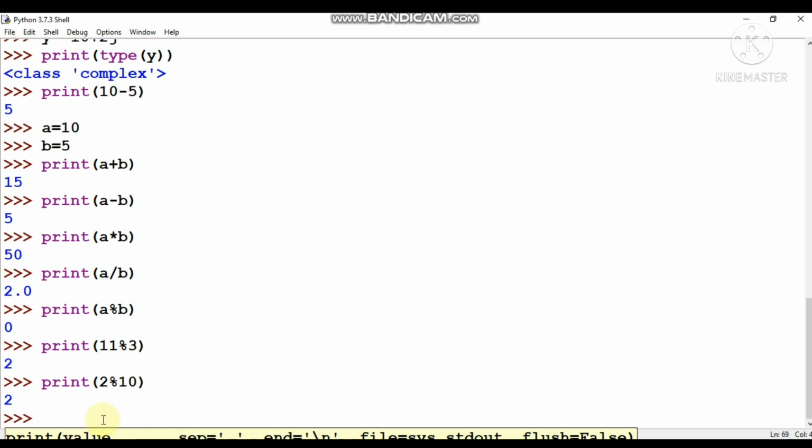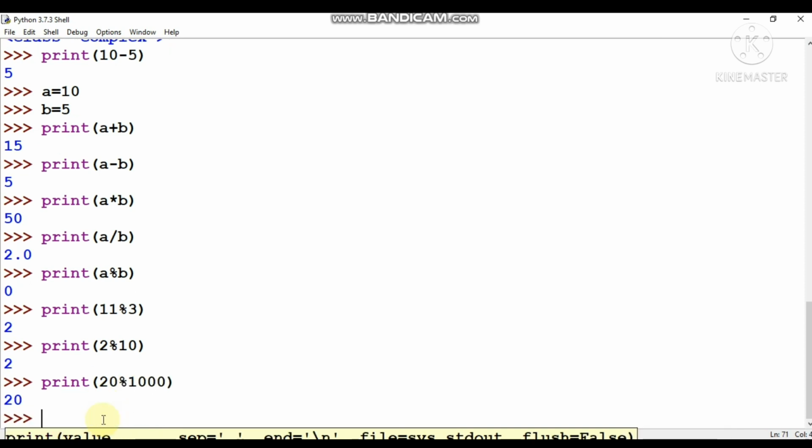Always remember, so the answer will be 2. The same way, if you write 20 modulo 1000, you can see here the value will be 20. So I hope this modulo division concept is clear to everyone.